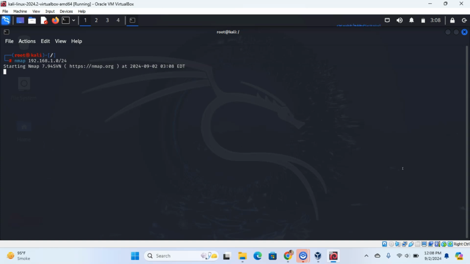Scan an entire subnet for live hosts and ports. Okay, it takes time, so here we need to cut and move on to our next command. The next command is nmap -sU, and then type your victim IP address, 192.168.1.1. Okay, enter. It scans for open UDP ports on the target